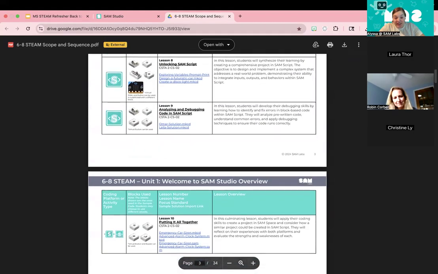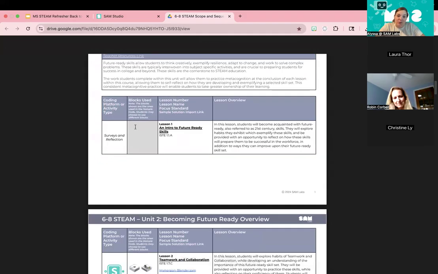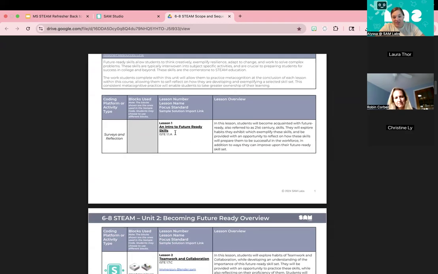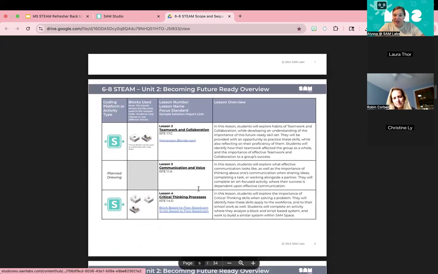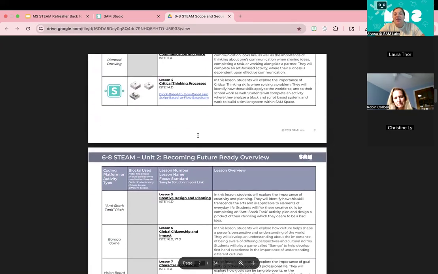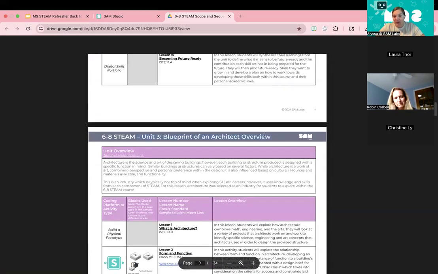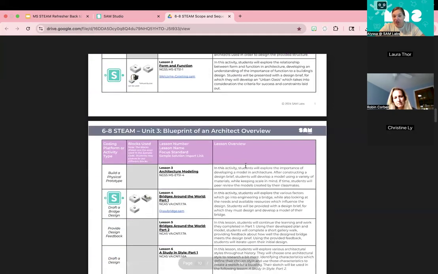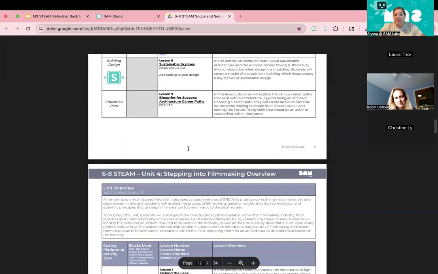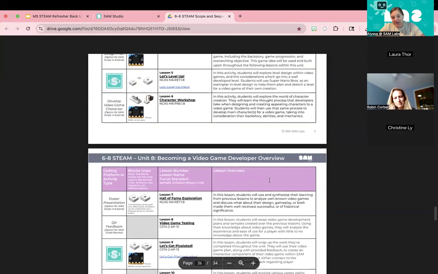After that first unit, we move into a unit on future-ready skills, where students have less of a coding focus and more of a focus on other soft skills that they'll need to be successful, like teamwork and collaboration, communication and voice, critical thinking. And then after those first two introductory units, we jump into different career pathways, starting with architecture here in Unit 3, filmmaking in Unit 4, and so on until we get to our final unit, which